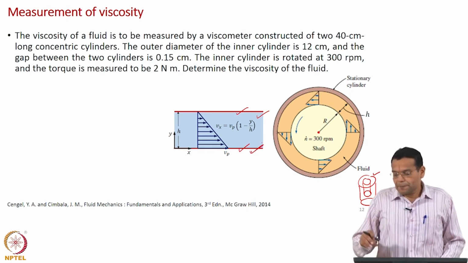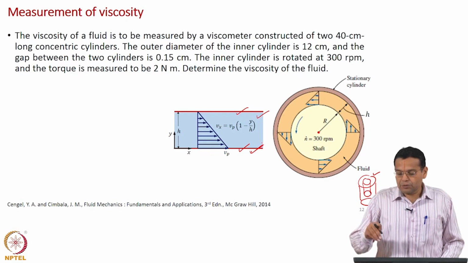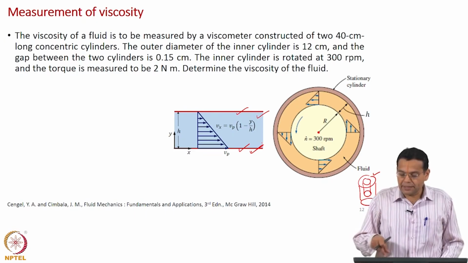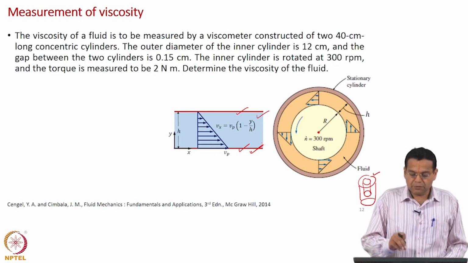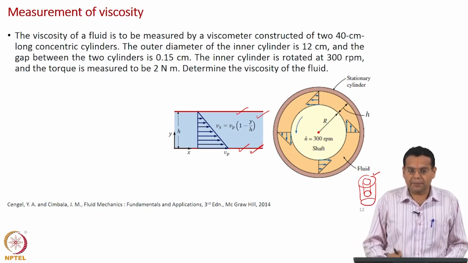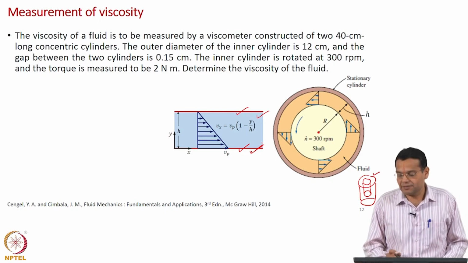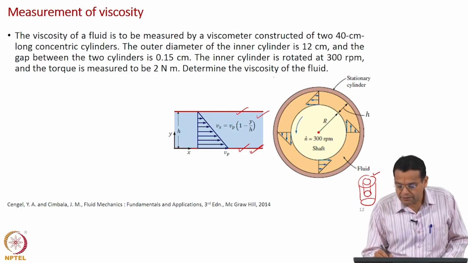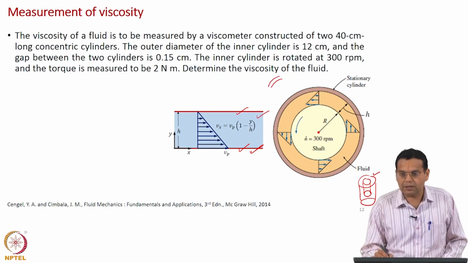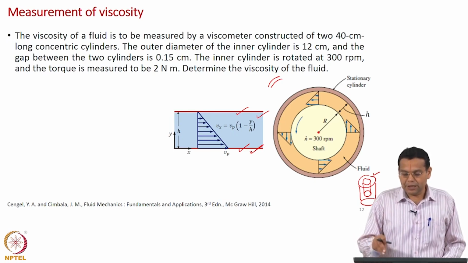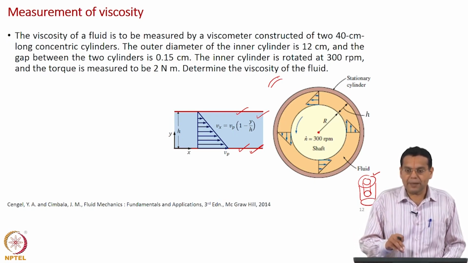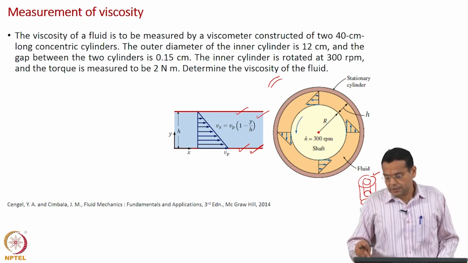Now, the fluid set in motion between these two cylinders is analogous to the fluid flow between these two parallel plates. But when is it valid? It is valid when the gap between the two cylinders is very small. When it is very small, then you can ignore the curvature and take it to be equivalent to the flow between the two parallel plates, and you use this arrangement for